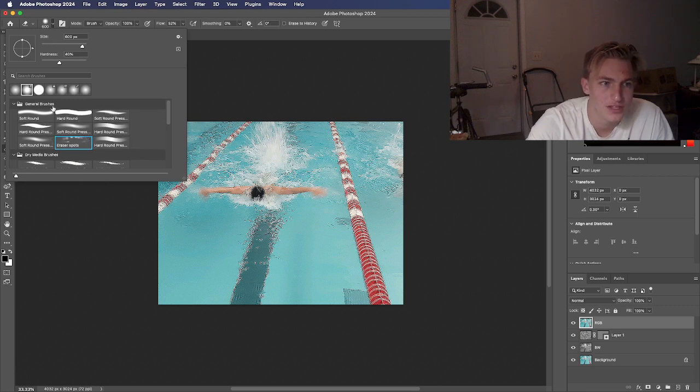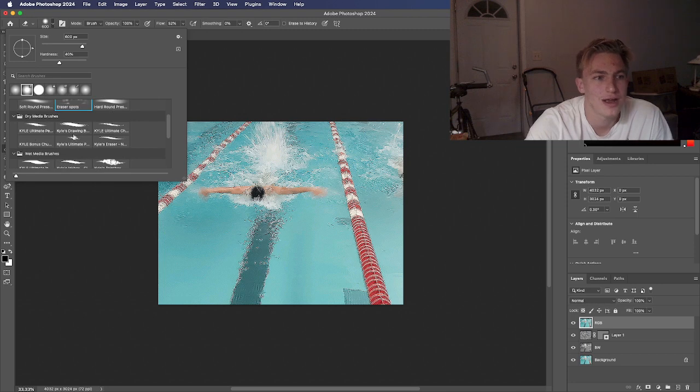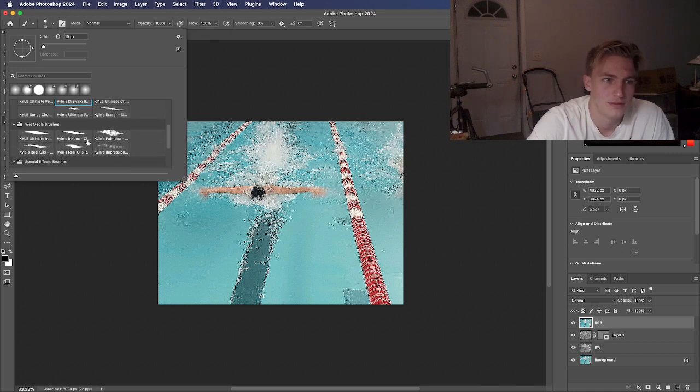Look, these are the general brushes that you can use with everything. These are the dry media brushes. Now watch what happens when I click on the dry media brush. You'll see a different logo appear where the eraser logo is. I'm going to do this one in the middle right here. That's a brush, right? Then there's wet media brushes. Let's click on the Kyle's Real Oils. That one's a brush, but it has a